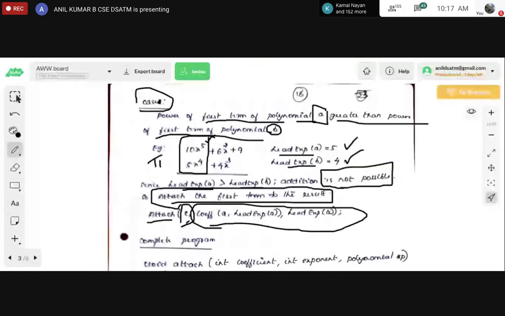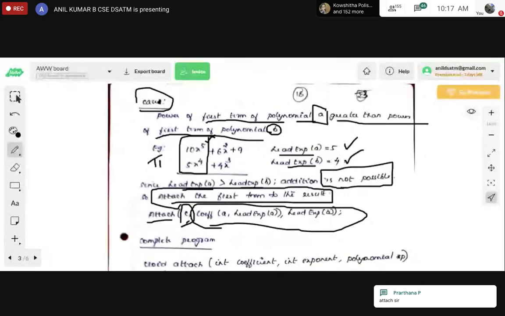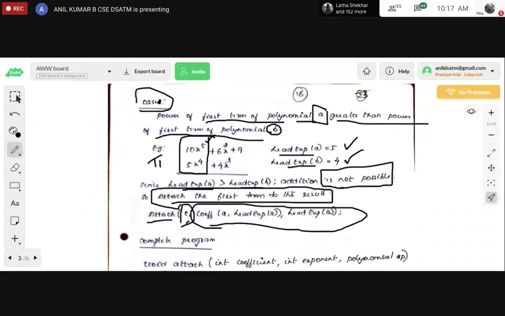Is it for attaching or for something else you are asking? I think Prarthana. Attaching, you have to do both the terms. So the resultant will be the first term; while attaching the final resultant, both the first terms of A and B should be attached.